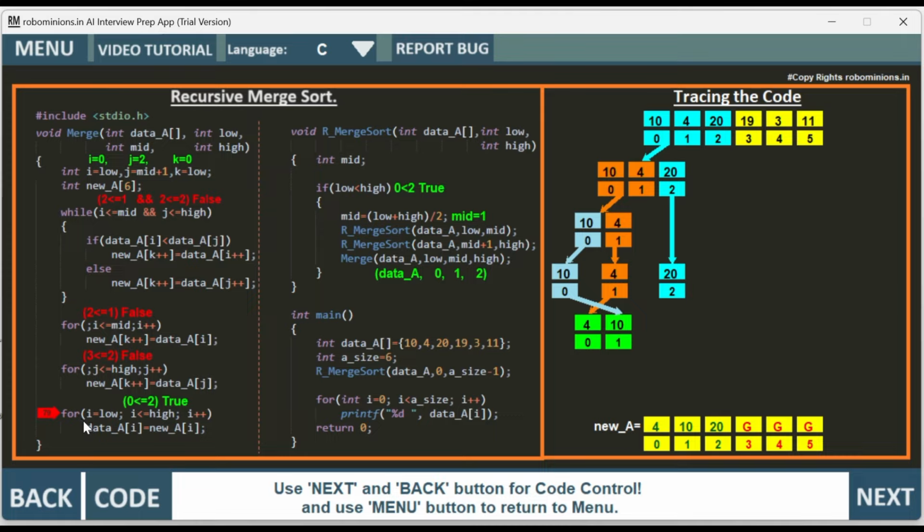Then we have for I equal to low. So low is 0, so I equal to 0. 0 less than or equal to high. High is 2, so 0 less than or equal to 2 is true. We go inside the for loop. Data array of 0 equal to new array of